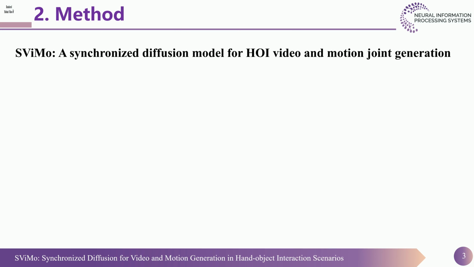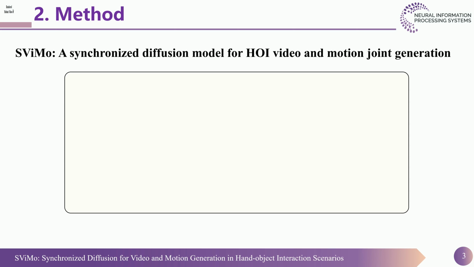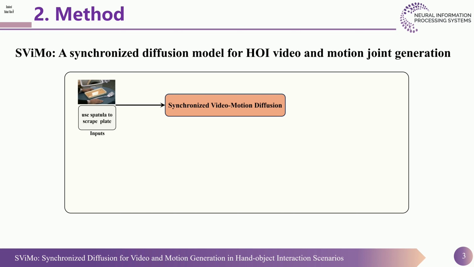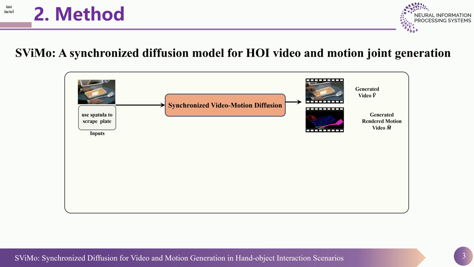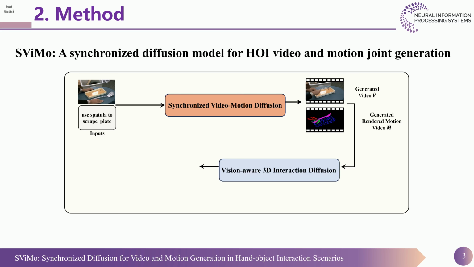We propose SViMo, a synchronized diffusion model for HOI video and motion joint generation, which consists of two key components. First is the video generation module. Given reference frames and text prompts, it generates interaction videos and 2D rendered motion videos simultaneously using a synchronized video-motion diffusion model. The results are then fed into the second component, the vision-aware 3D interaction diffusion, to produce explicit 3D